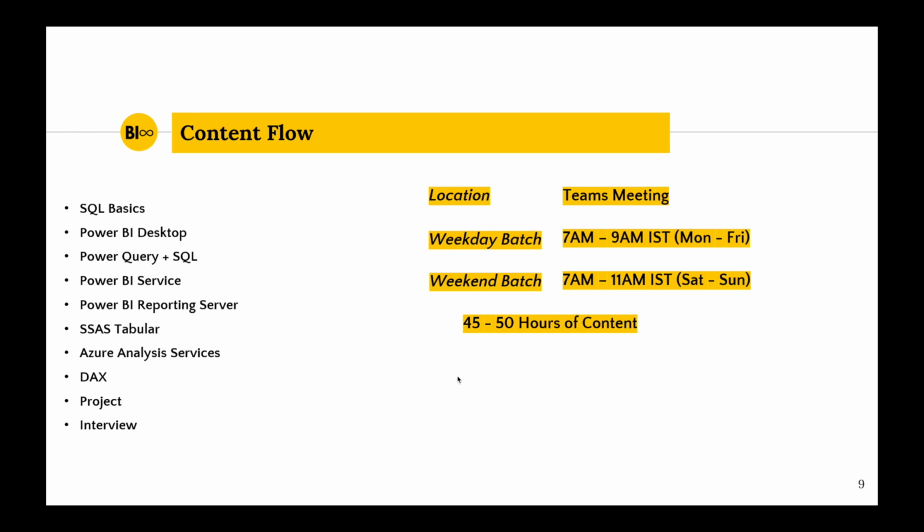And the content would be a total of 45 to 50 hours. So we'll cover all these things in this time frame. Right? It means it is 5 weeks, I can say, like every week, 10 hours. So 5 weeks for weekday batches and 5 to 6 weeks for weekend batches. And also it is flexible. For example, if there is any topic that you know already and you want to skip, we can do that. So it's completely up to you. If you want to learn more, I am happy to help you. If you want to understand more, I will also explain multiple times.